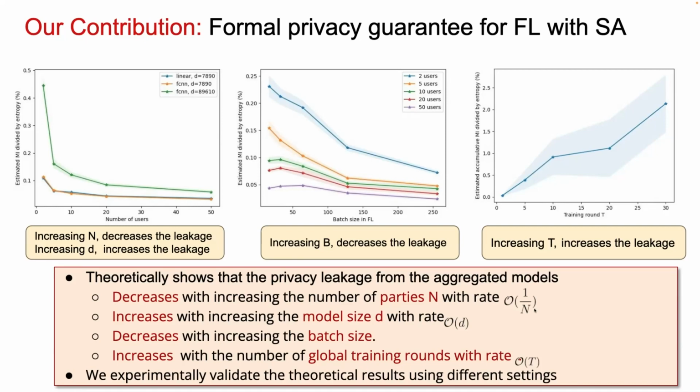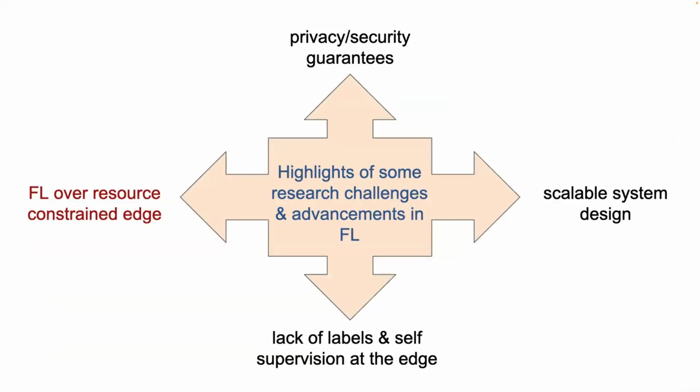If you can't increase the number of users, there are other ways that you can do it. For example, the leakage you can also show decreases with the batch size. So maybe if you can afford to increase the batch sizes, the leakage would decrease. So these are the good news in terms of formal guarantees that you can give for federated learning. Very good. Let me move on to the second part, which is now that we have some security and privacy guarantees for FL,